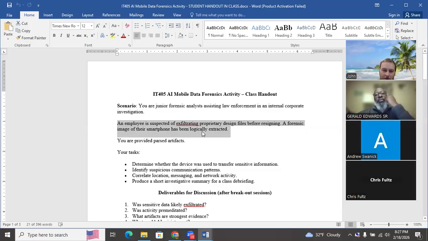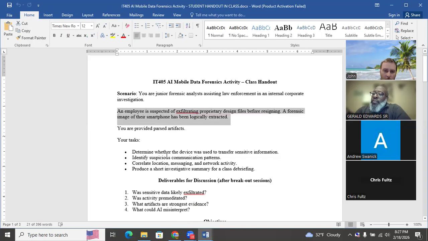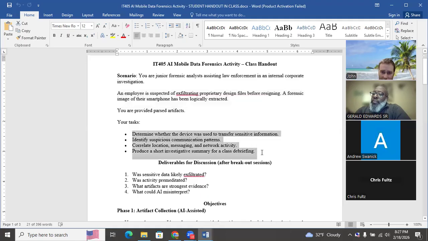So a forensic image of their phone, or the phone has been extracted. I mentioned Cellebrite, one of the more premier versions, so we're assuming it went through Cellebrite or another type of mobile device extractor and provided artifacts. Those artifacts are everything, including location, whether it's a video or photo, text messages, you name it. Those are the artifacts we'll be working with. But your task for this AI was to determine whether or not the device was used to transfer